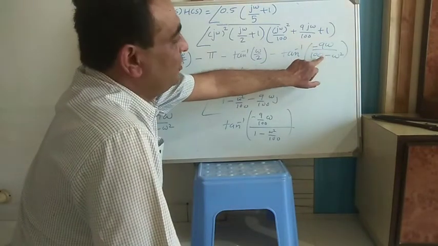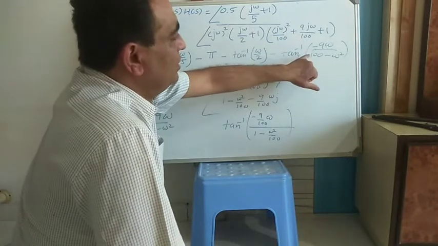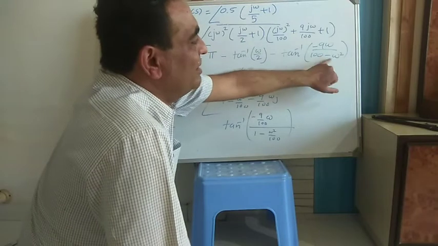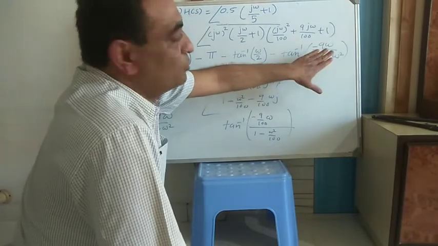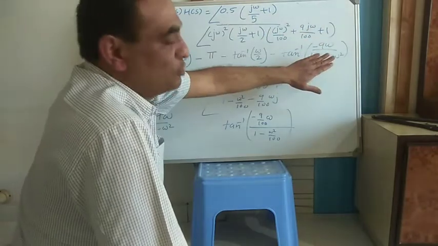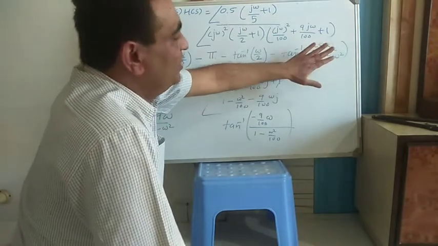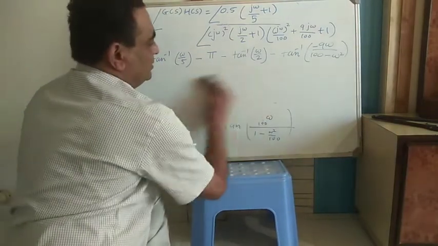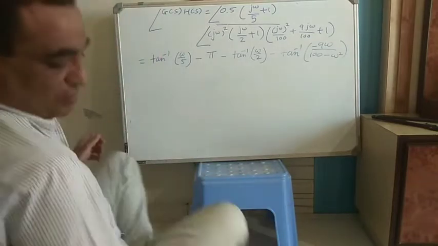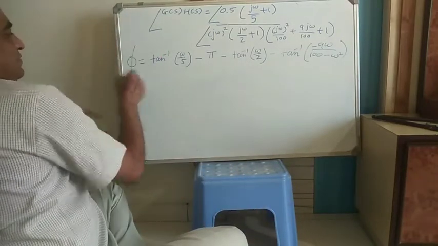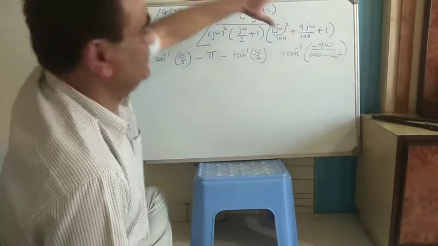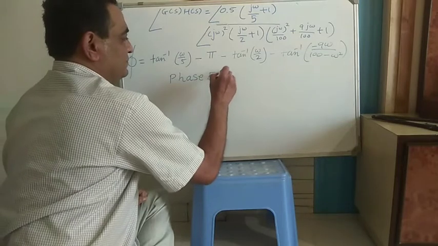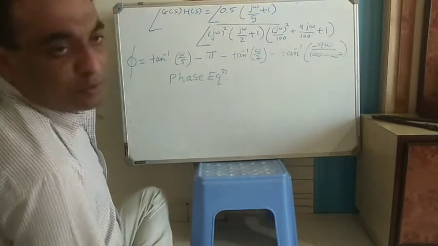Please take care when you replace omega with a certain frequency for finding the phase. When omega is exactly 10, so 100 minus 10 square, at that time you should be able to see in which quadrant it is located to get the exact plus or minus value of the phase. All right. So this is the phase phi for this transfer function, and this is known as the phase equation. So the phase equation we have computed.